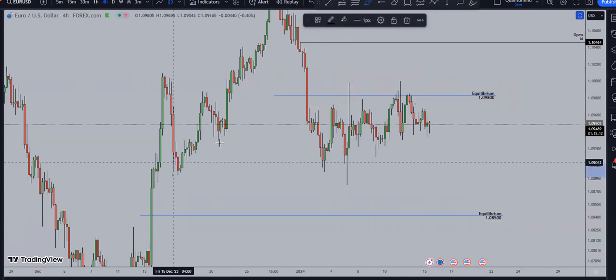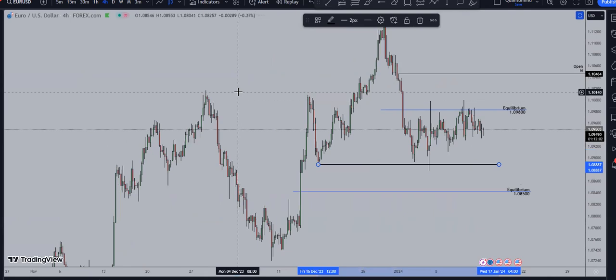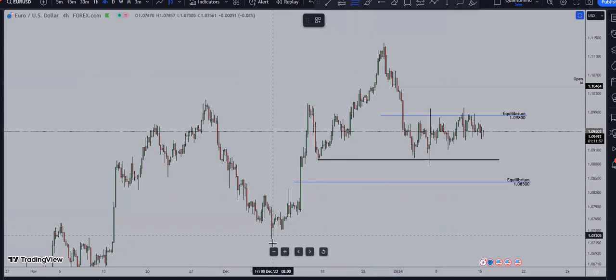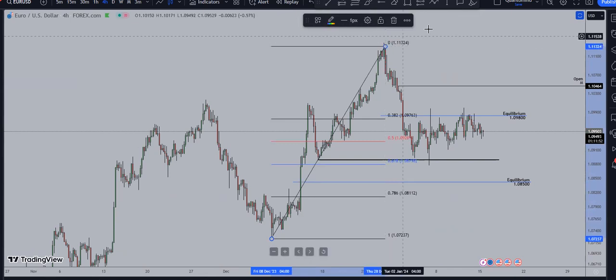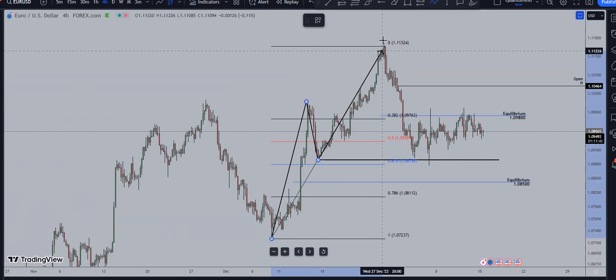So we can clearly see here that the structure of H4 time frame is down below here, right? And then we set the major structure, which is down here, this point. Now we have a wave formation that happens on this leg. We have this wave A, B, and C pattern, right? And over here we have reached B, and we are ranging,